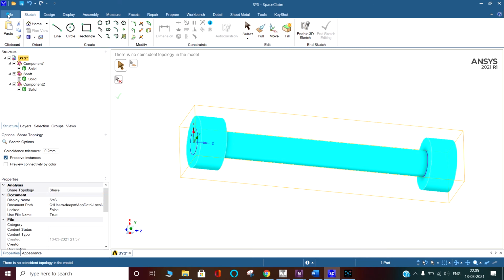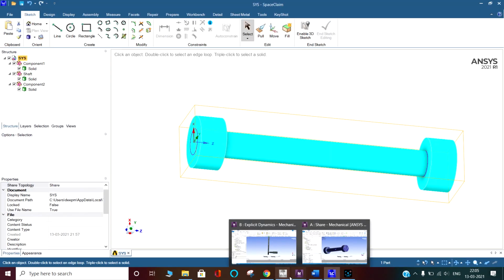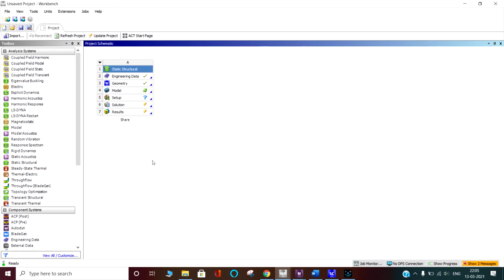Okay, now go back in the file and say save it. As soon as it will save it, okay, save it. Okay, that is saving too fast. So it is saved. When it is saved, I am going back in my ANSYS project schematic, and I am saying please update the details. So it will update the geometry, and we will see now what will happen to the mesh. Okay, it has updated.